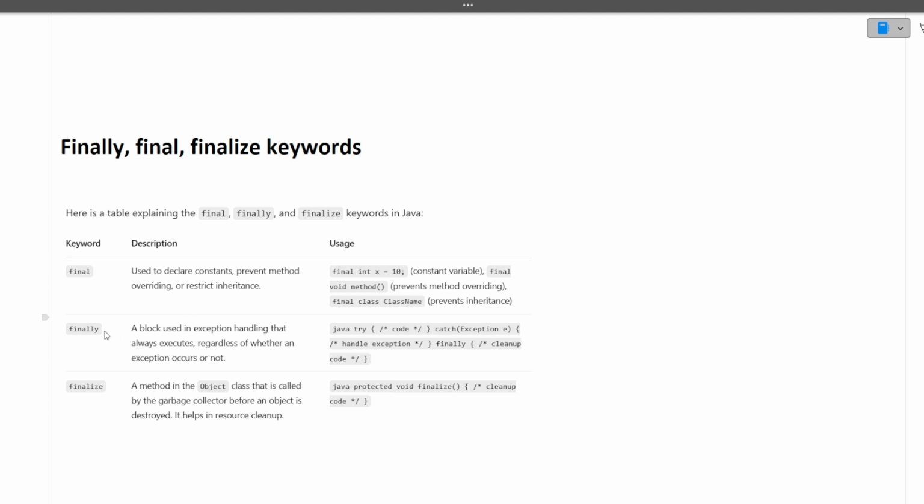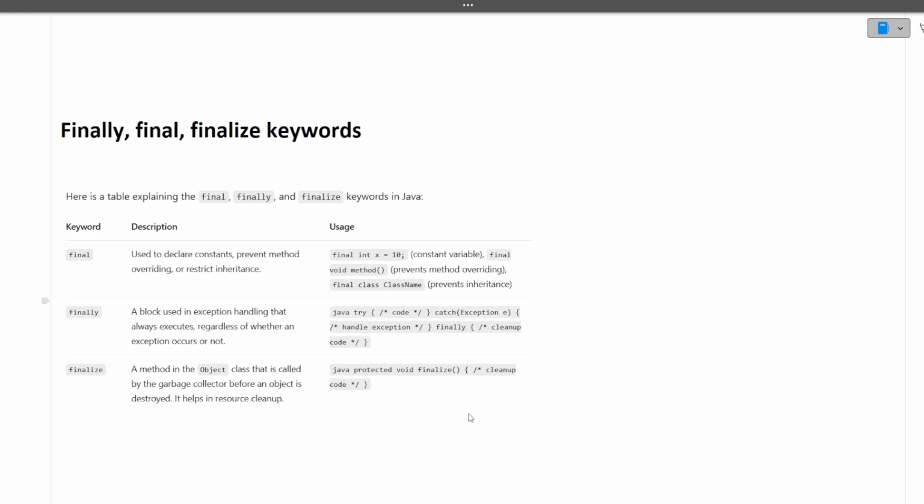Finally is an exception handling block. Finalize is used in garbage collection. In detail you need to study about it, so you should read it on your own to get a better understanding of it. And the coding part also, like explain with the help of a code snippet, this question can also be asked from you. So I hope this question is clear to you.